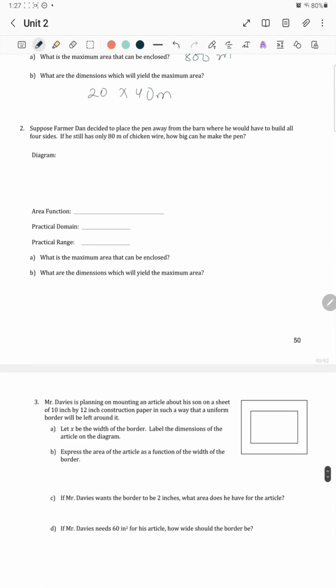Suppose Farmer Don decided to place the pen away from the barn where he would have to build all four sides. If he still has only 80 meters of the chicken wire, how big can he make the pen? Area would be